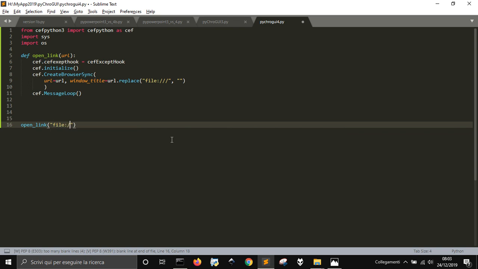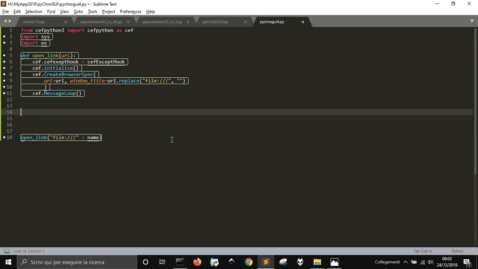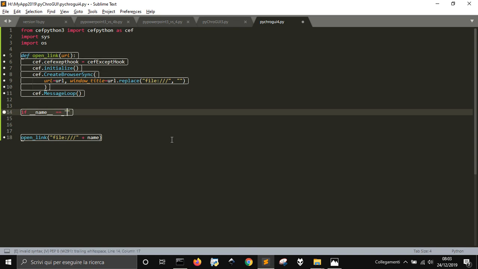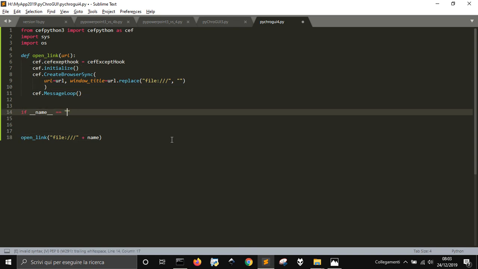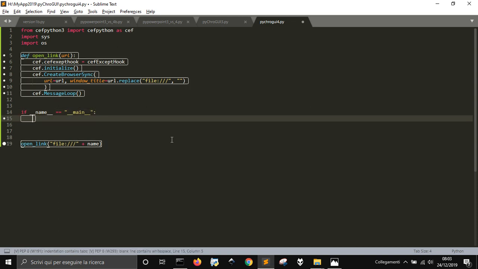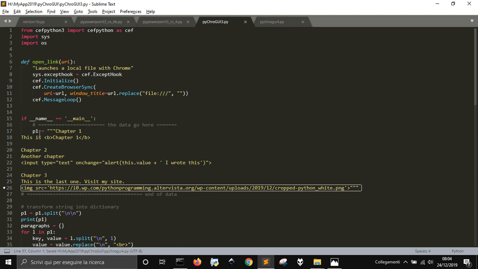file colon // plus name. We will generate this file called name, and we are going to if __name__ equal __main__. This is the usual stuff we do with Python when we make a module to start when this is the main file, and so we will create a